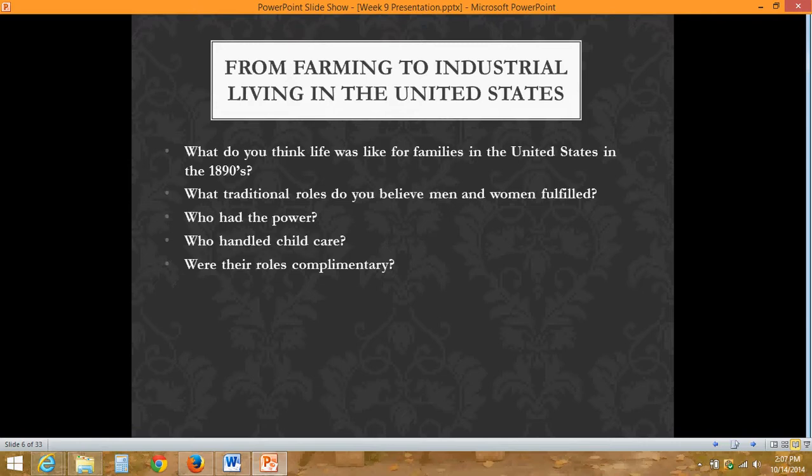But it was definitely different because you're all going into a factory setting, and that will have a different impact for sure. So, do you think that traditional roles of men and women were fulfilled? Men being the head of the household, women being the head of the children, doing more work at the home and that kind of stuff. Things were homemade, soaps and clothing and all that kind of stuff.